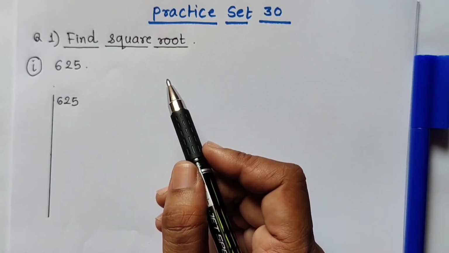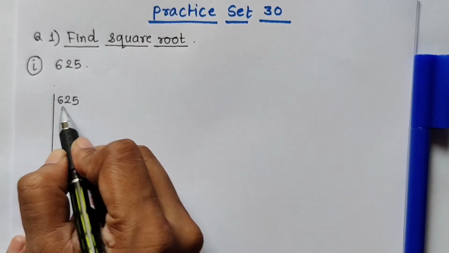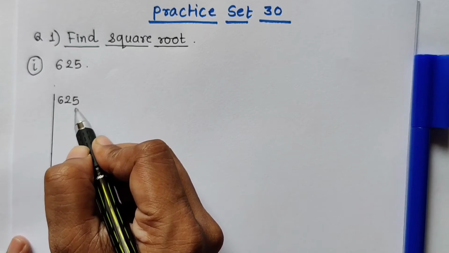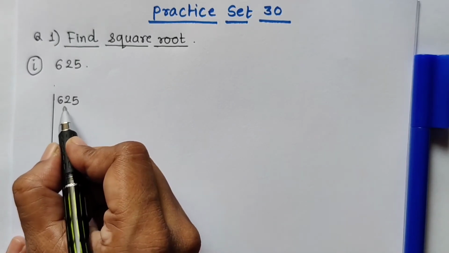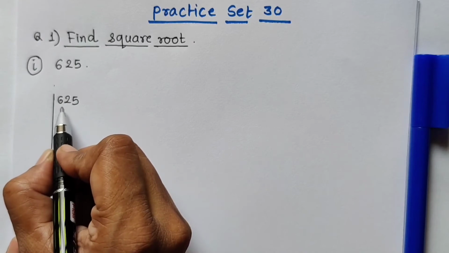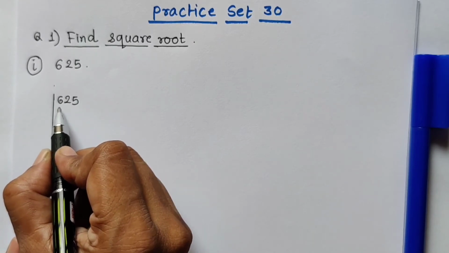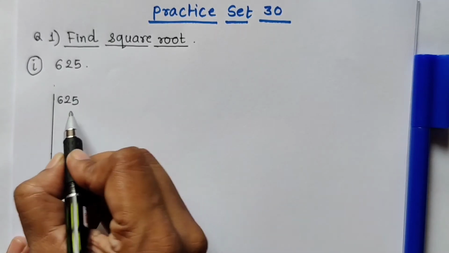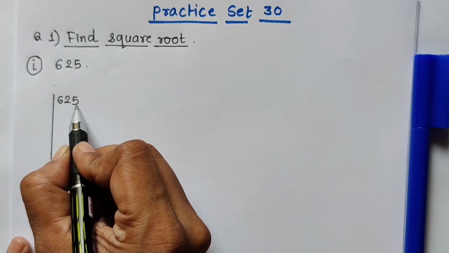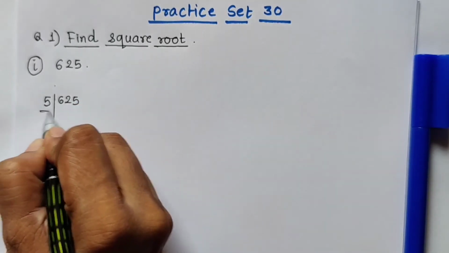So first we are going to find out the prime factors of 625. 625, 5 is in the unit place, so 2 cannot be the factor of 625. Let us see, can 3 be the factor? 6 plus 2 is 8 plus 5 is 13. 13 is not there in the table of 3, that means 3 is also not the factor. So directly we can divide it by 5. 5 is there in the unit place, so you can divide it by 5.